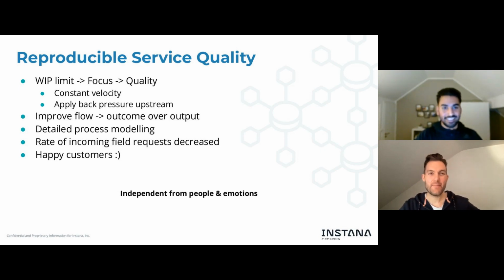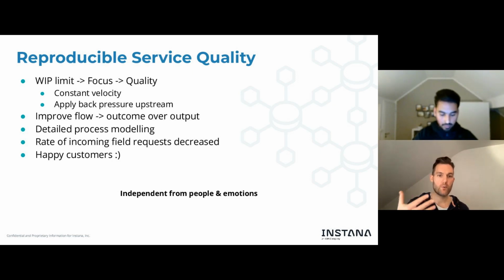Thank you very much. So one of the main things we try to achieve with moving to this Kanbanized model is having a reproducible service quality. I think we mentioned it here and there during the talk, but this is about modeling the process so that it's clear what to do. There could be new colleagues joining, and it's already described by the Kanban board what the steps are to provide the service this team is responsible for.